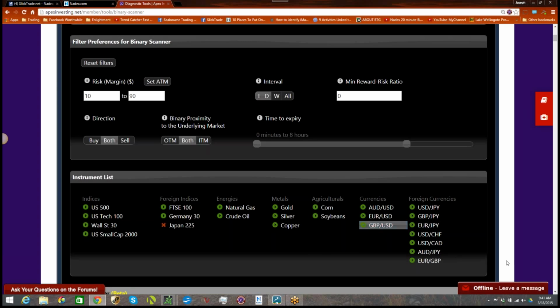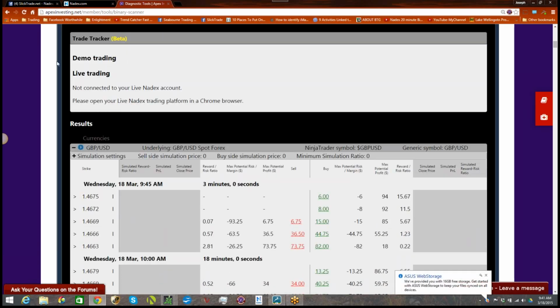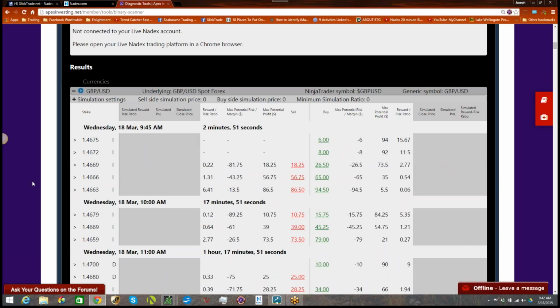We're looking at the pound dollar. So we will take the pound dollar and come in. Here it says that my demo trade account is ready. This is the wrong time to be looking at it because it's 9:42 a.m. But being that the London session begins at 4 o'clock, I will be looking at a 5 a.m. expiry. But you will be paying a lot of premium because it's going to be more expensive than a 6 a.m. If you want to play safe, do a 7 a.m. It will be up to you to select the